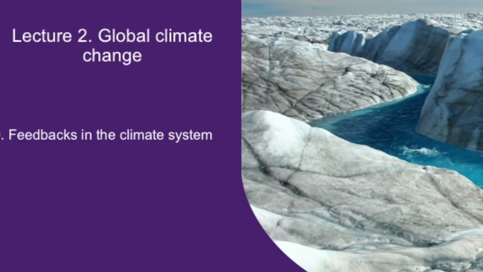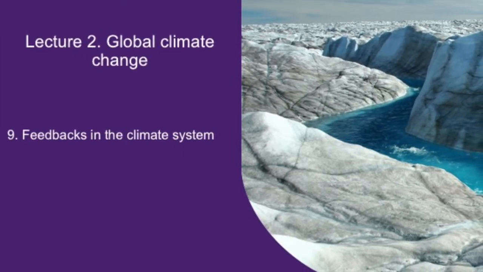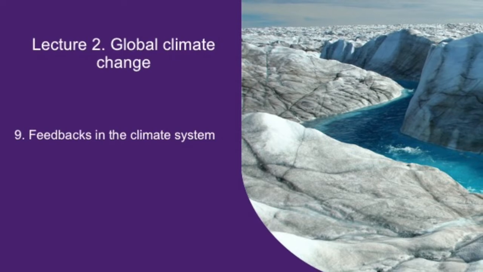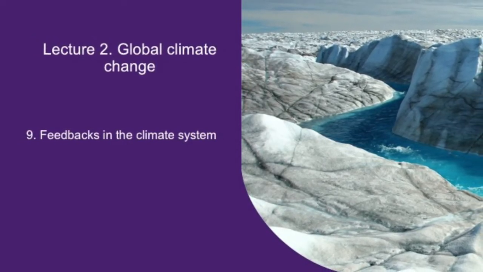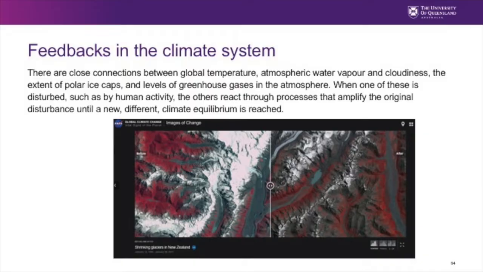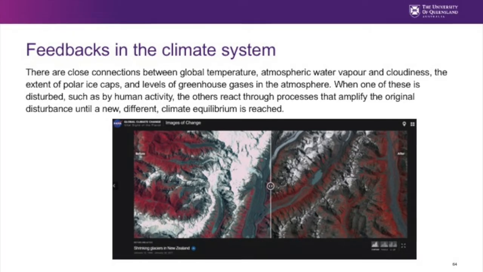So now that we understand how global warming occurs, we can look at other aspects that can increase, for instance, greenhouse gases, or we can also look at the effects of global warming. And these are based on very complex models, right? But they come from very simple cause-effect understandings